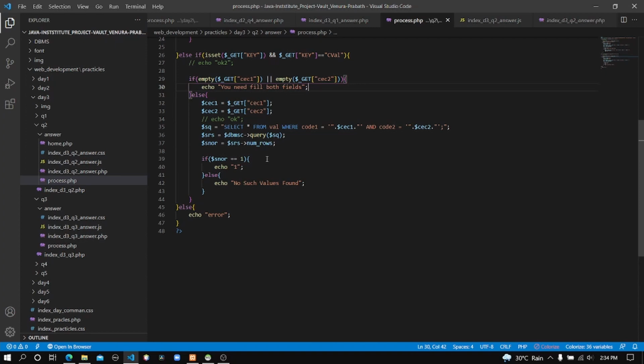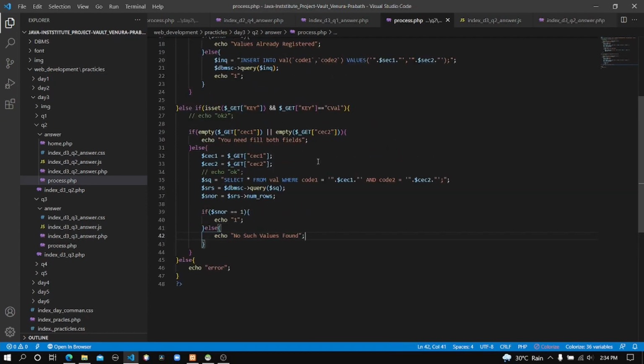So if there's a record, it will output this value number 1, and if there's no such value recorded in the database, it will execute this error code, no such values found. Okay, that's the process of this part in the process.php file.